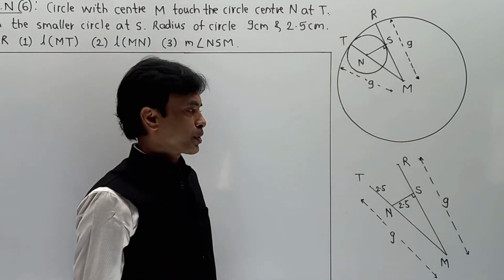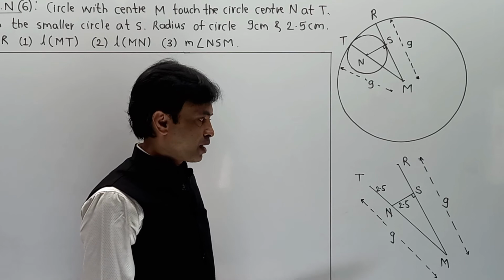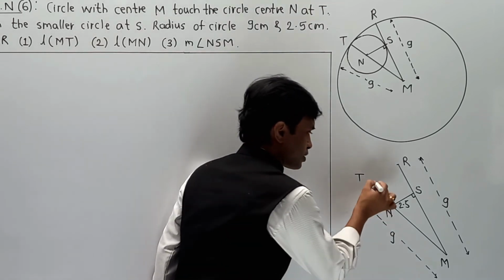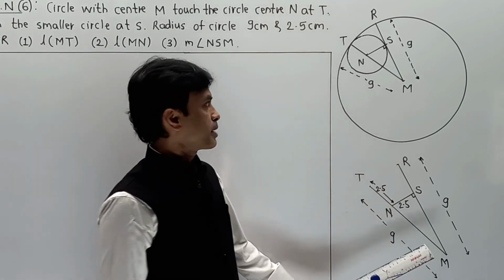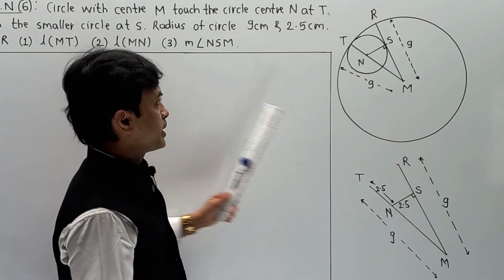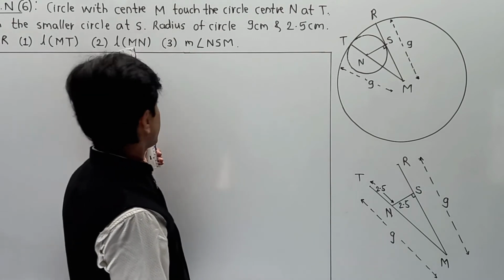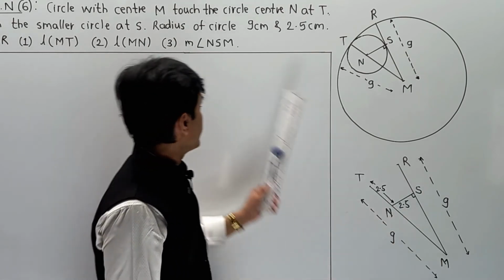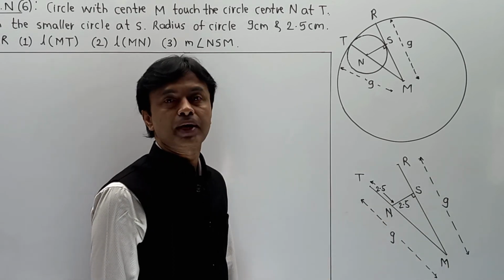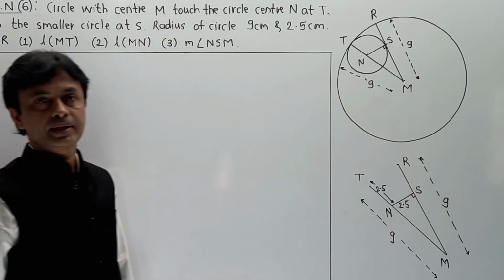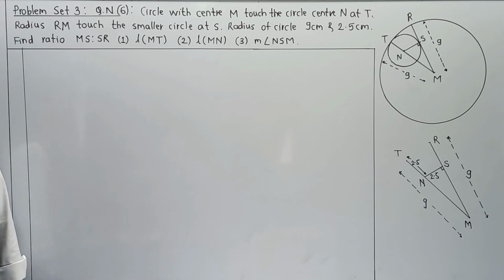In this way we are able to get two parts over here. Now our first agenda is over here. First of all, step by step as per their condition, we are supposed to write MT, then MN, and last angle NSM. Those three parts I am going to write over here, and we are supposed to write step by step. The first part is a construction.